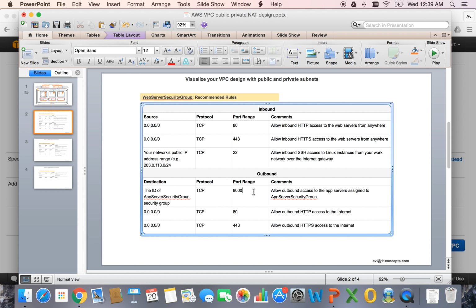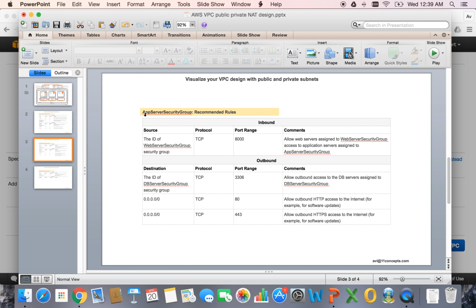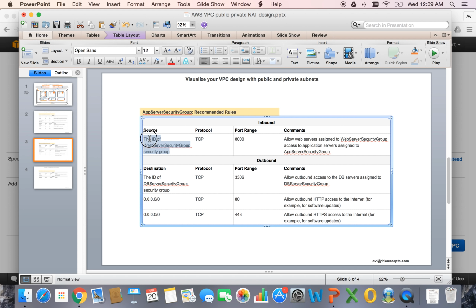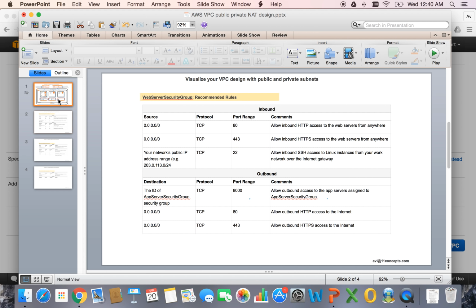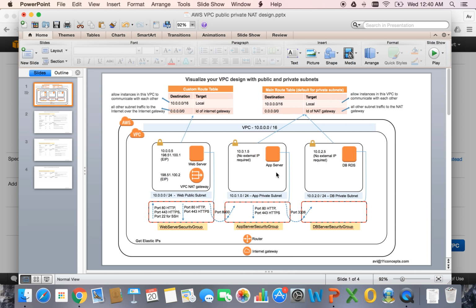For outbound rules, for port 8000, remember the destination is the ID of our app server security group. Similarly, if we go to our app server security group, the source has to be the ID of our web server security group. And that's how port 8000 allows two-way communication between web server and our app server. So I just wanted to point that out. Now going back,